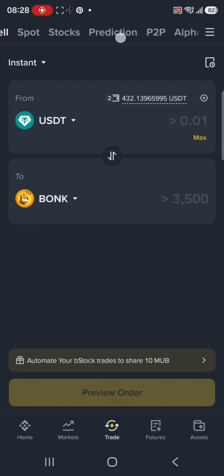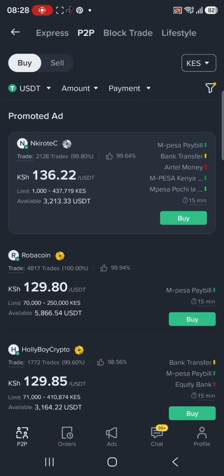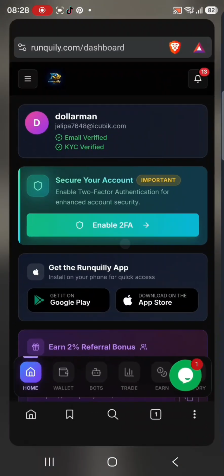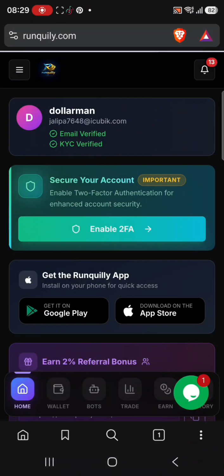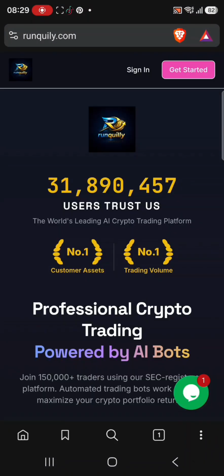It can be Bybit, it can be so many of them. So you'll go get Binance, you'll do that favor for yourself. Then after that, make sure you get runquilly.com. You can get it in your browser. After searching runquilly.com, make sure you verify your email and KYC, and then after that you can download